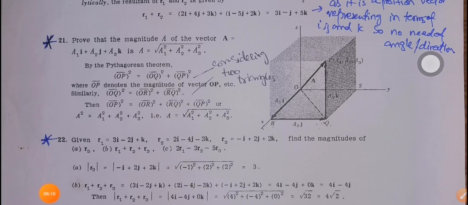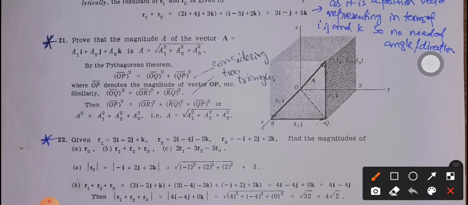Now we are going to discuss how we can find the magnitude of the vector, as we have discussed a lot about the magnitude of the vector. Once we know the components of a vector, or the component vectors of a particular vector, how can we find the magnitude of that vector? So here I am going to find the magnitude. We have discussed that the vector A is simply the addition of the three vectors. Here is my first component vector a1 i cap, here is my second component vector a2 j cap, and here is the third a3 k cap, and here is the corresponding vector, the addition of the three vectors, which is in space, not in plane.